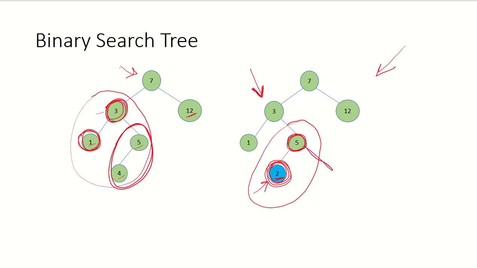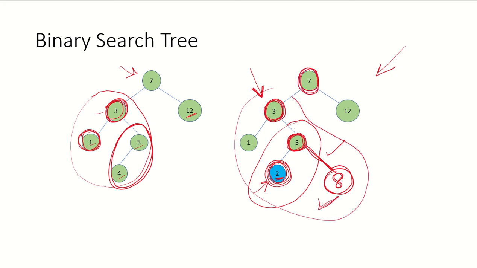Also, suppose we had a node over here which had a value 8. 8 is greater than 5 and it is in the right subtree, so it is okay. 8 is on the right side of this node 3. So again it is greater than 3, so it's correct. But it's on the left hand side of the root node. It belongs to the left subtree of the root node which contains a value 7. And the left subtree of the root node cannot have values which are greater than the value at the root node. So we say that this is not a binary search tree.